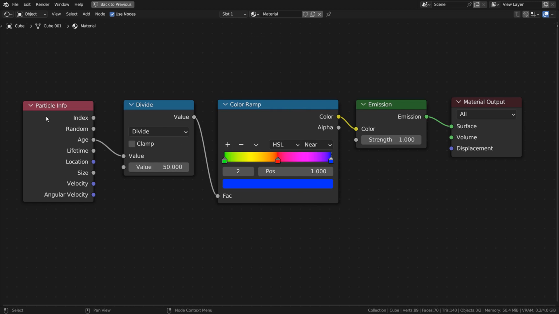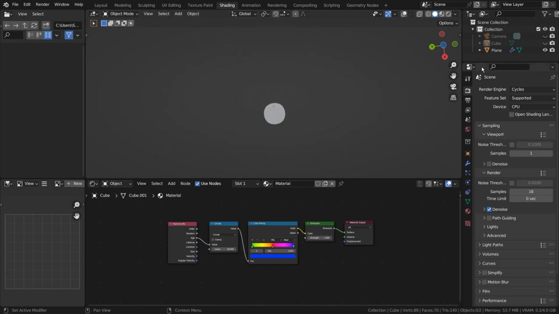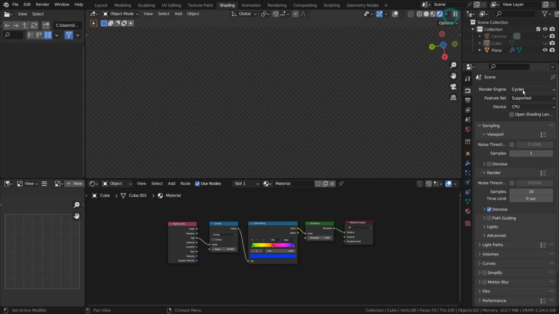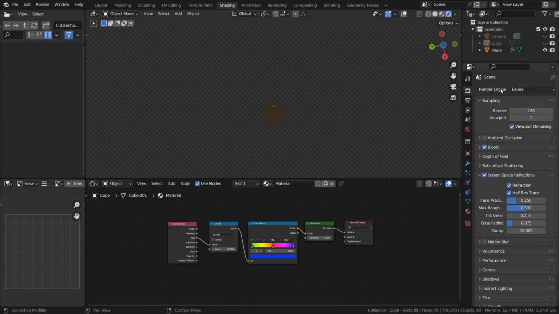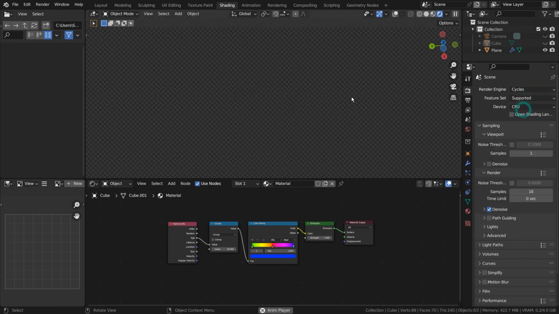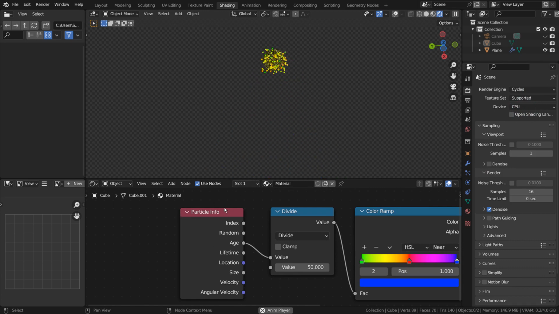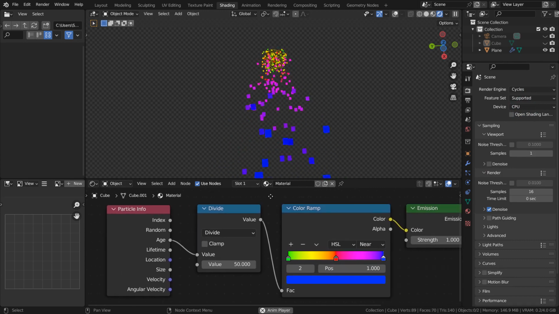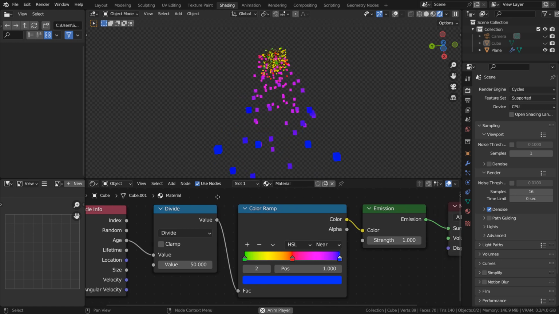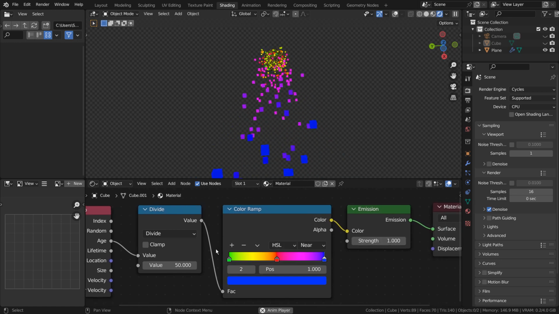However, this set of nodes will only work in Cycles, because the particle info node doesn't work in Eevee. We can modify this math node's value to control the gradient like this.